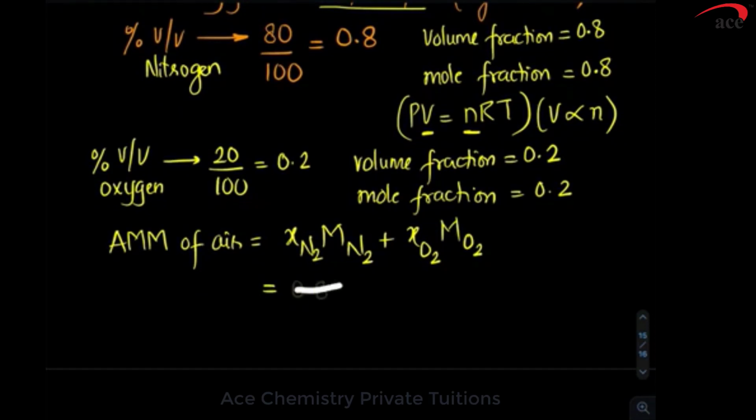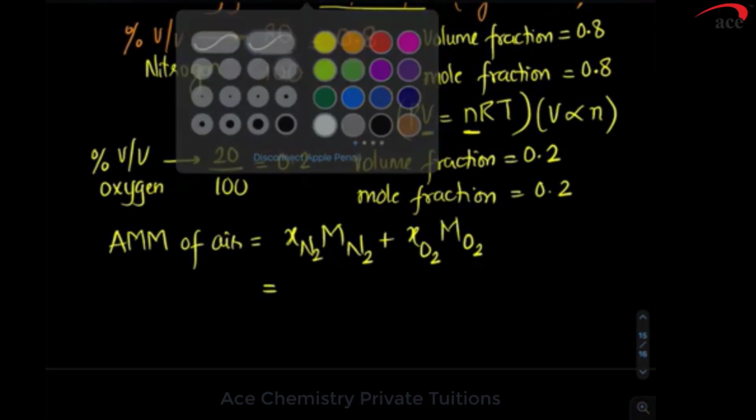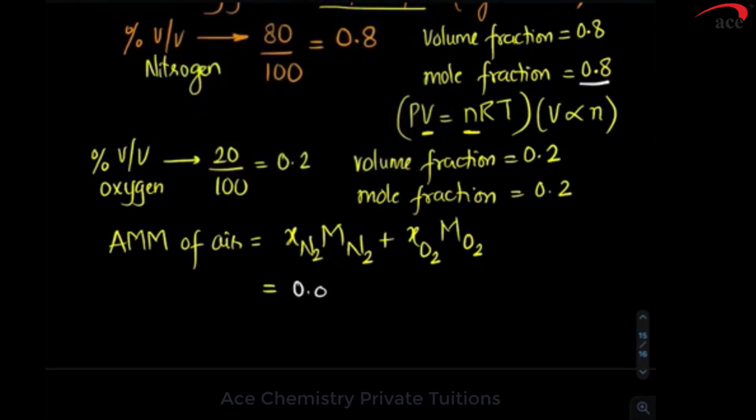That is, mole fraction of nitrogen 0.8, so 0.8 multiplied by 28, plus mole fraction of oxygen 0.2 multiplied by 32, and if you calculate, it will come out to be 28.8. This is how you can calculate the average molecular mass of air. Hope you have understood it well, the concept of